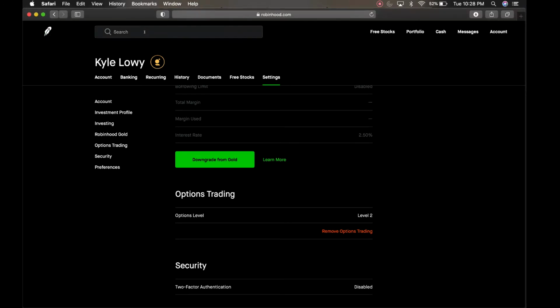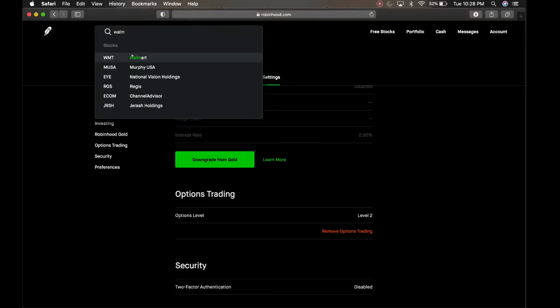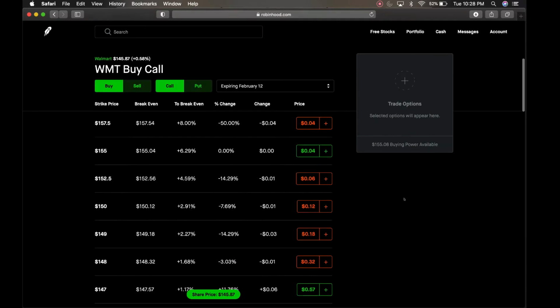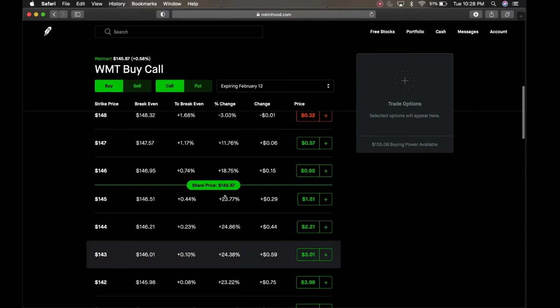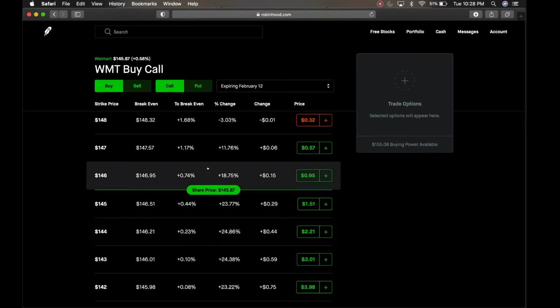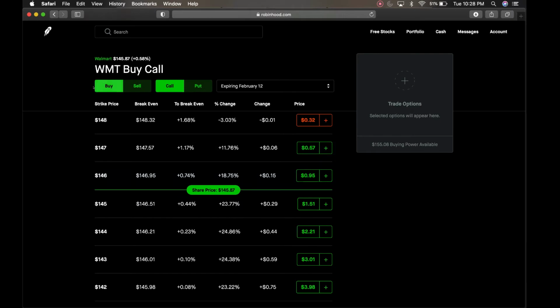Now, we go back to Robinhood, we're gonna hit Walmart. This is just for an example, I'm using Walmart. Here's the stock, and once you activate your options, you will see this right below where you would normally invest. You're gonna see trade Walmart options. We're gonna click that, and it's gonna take us to this page right here. Okay, so before I dive into these numbers, I want you guys to see that there's a buy and sell, and there's a call and put,